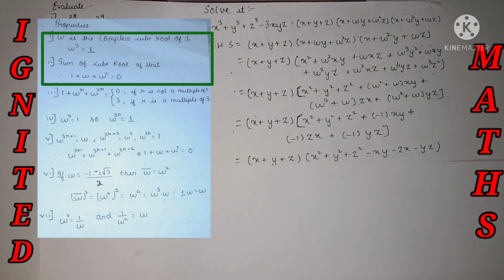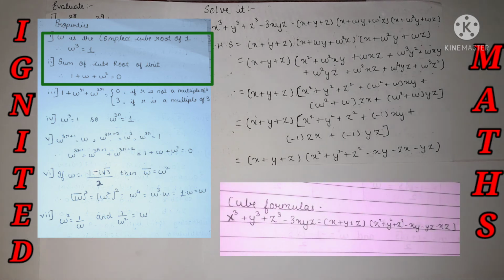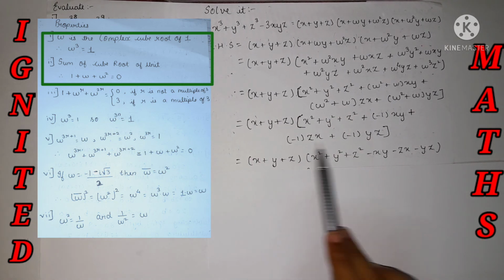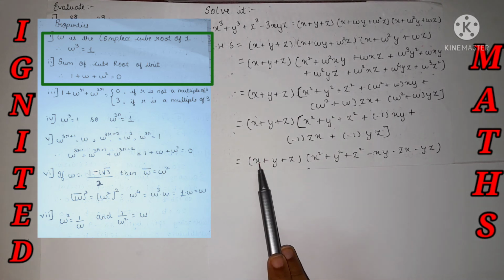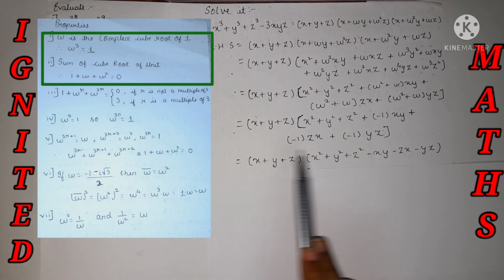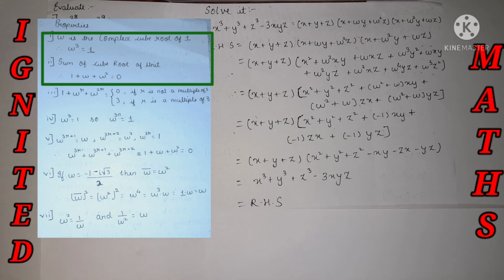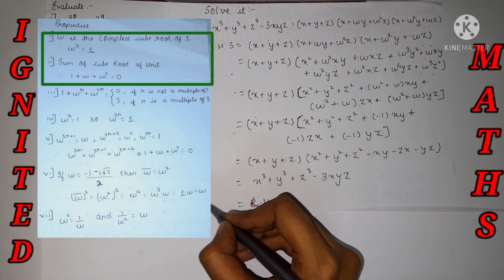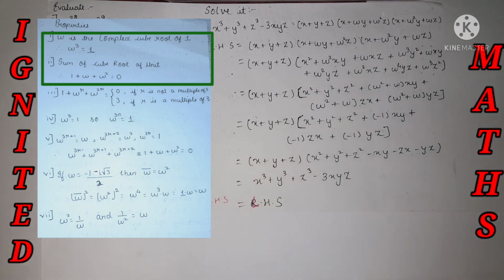Now after seeing it, one more click comes off. If we do the calculation in a simple way, x into x square, x into y square, x into z square, with each and every term, I got the LHS value. So this is nothing but my LHS value. From my RHS, I have proved it to the LHS.